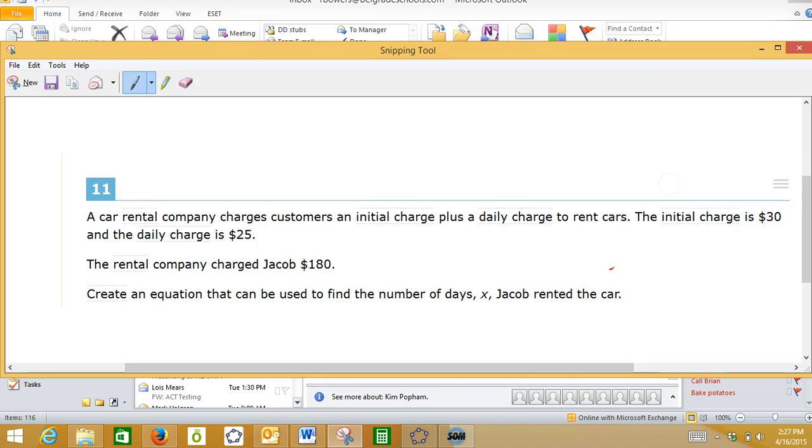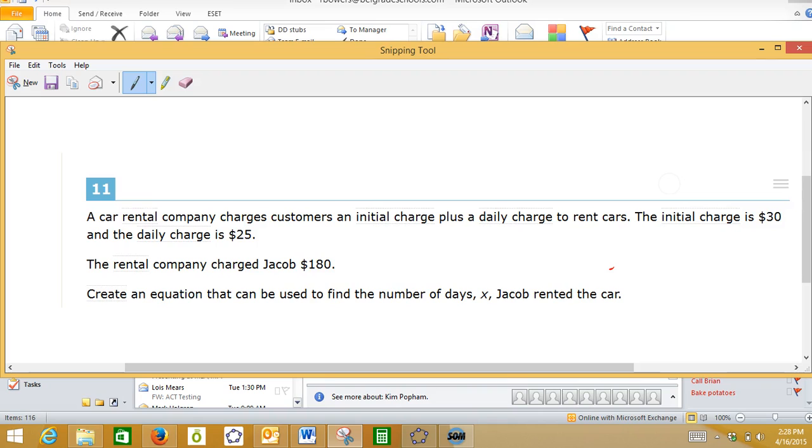As I was searching through the SBAC materials, this one came up and I figured it was a good one to chat about because this is a typical modeling with an expression, but this is asking you to create an equation. So, a good time to have a conversation about that. But also, how can we represent this problem, make it more of a visual kind of understanding for students